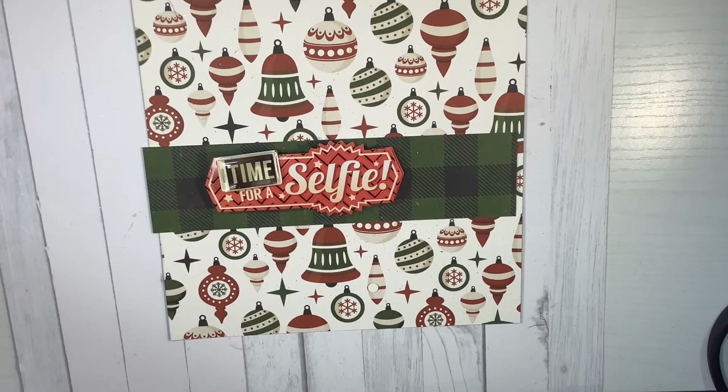Okay, so that looks better. It was time for a selfie for sure with me and my sister. So I thought that little sticker was really, really neat to go on the layout. So now I'm just trying to find some more elements so that I can spruce it up just a little